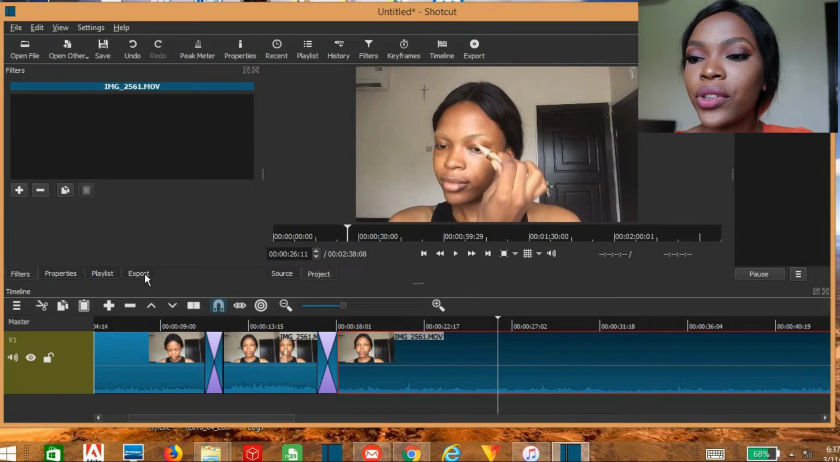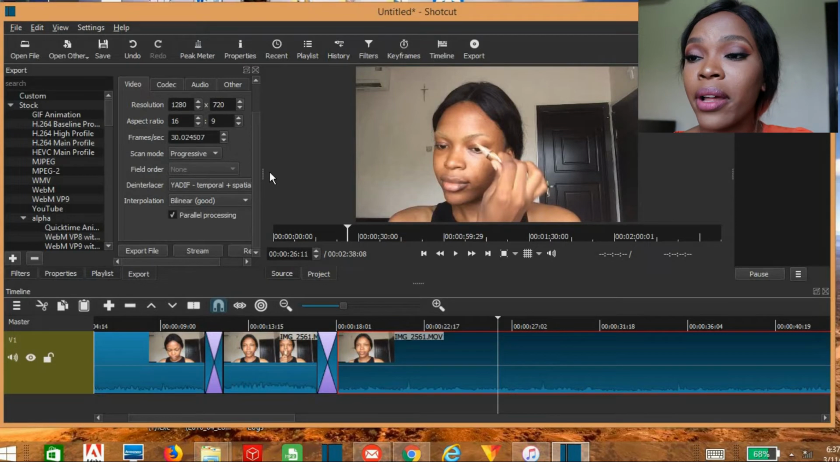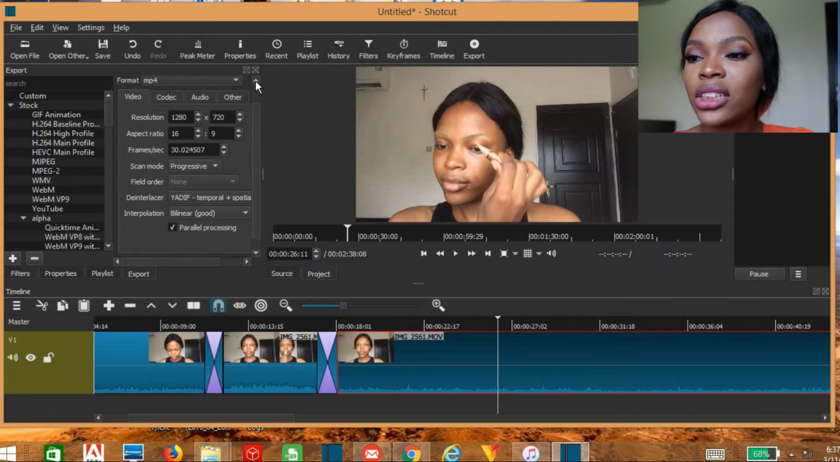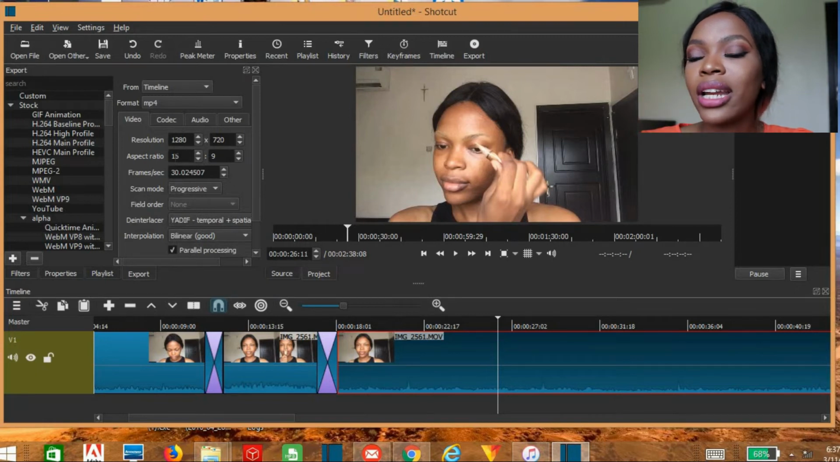Then to export your video, just click on export and you go here and export file. I don't usually change these things. Once you put the video, it lets you know the resolution and aspect ratio of the video that you've put. Now if you want to add an audio clip, you select this